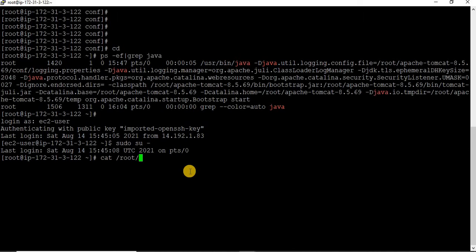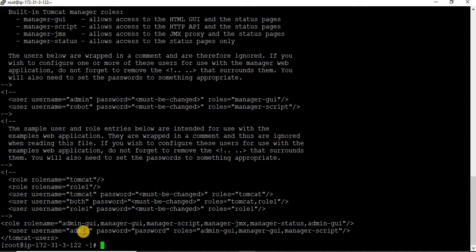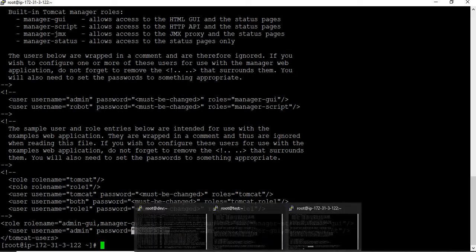So let me just go to the Tomcat user XML file, so that I can take that username and password. Apache /conf/tomcat-users.xml. Okay, so I have given admin and password. Let me give the same things here.